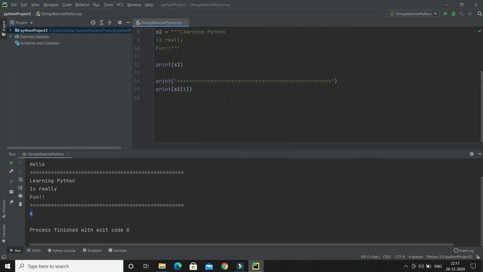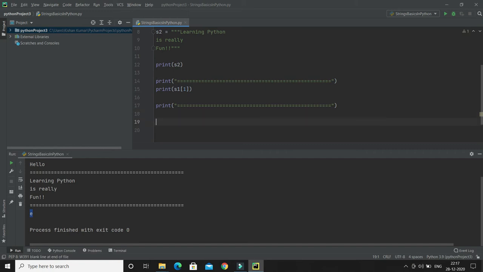So it's easy to access any specific character from the string. Now the next thing: what I said, a string you can assume as basically an array in Python, right? Then in that case we can loop through the string. Since strings are arrays, we can loop through the characters in a string using the for loop.